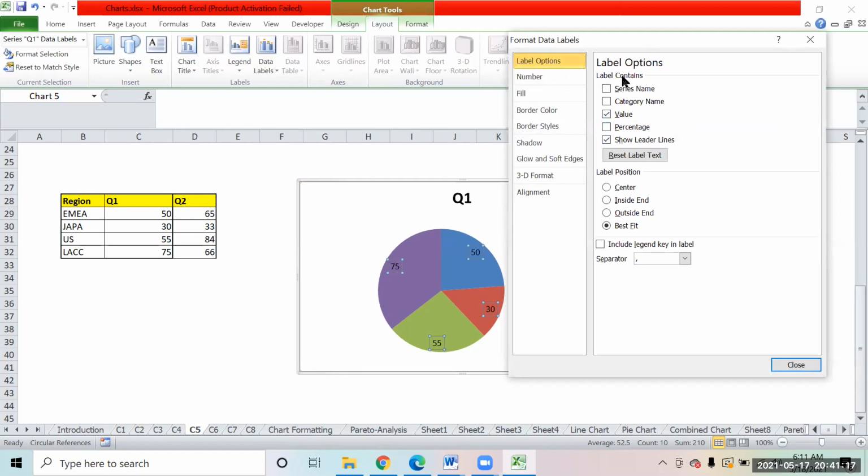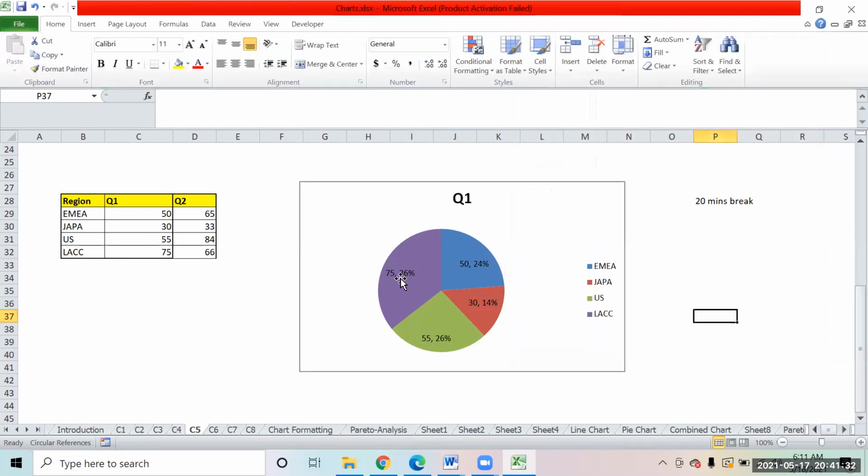A person expects the output in the form of percentage. So in the label options, you will see it asks you, what do you want to show on the label? Do you want to show the value, or do you want to show the percentage? If you select percentage, it will show you the percentage also, right? So it shows that percentage over here, 36%, 34, likewise 24, 40, and 26. You can see the output in the form of percent.